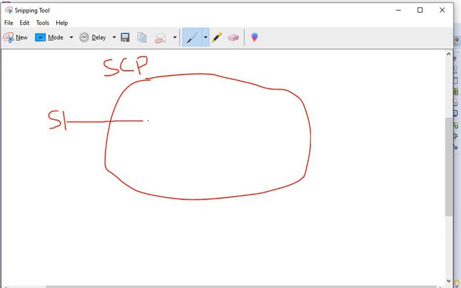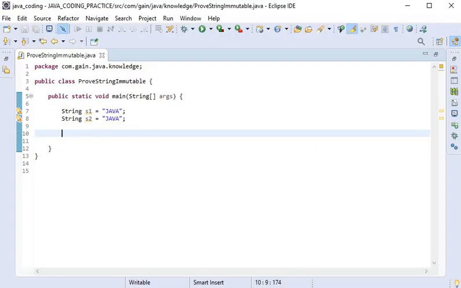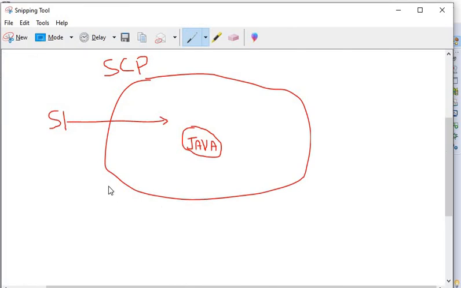Our object Java will be created here for s1. And when we declare string s2, it will be pointing to the same object.